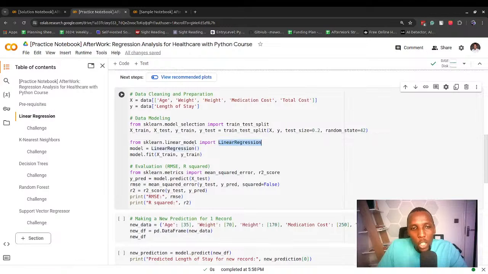Then we import the linear regression algorithm. We create an instance or an object, and this is just creating the model itself. Then we train it using the fit method. Then we evaluate the model using various metrics. The common ones in